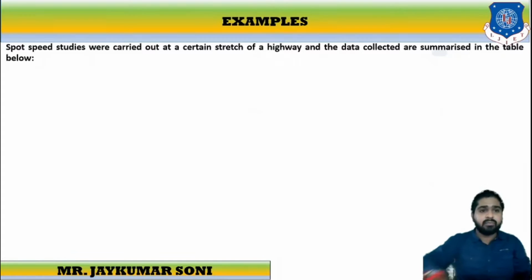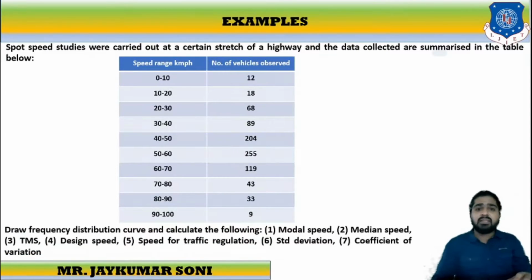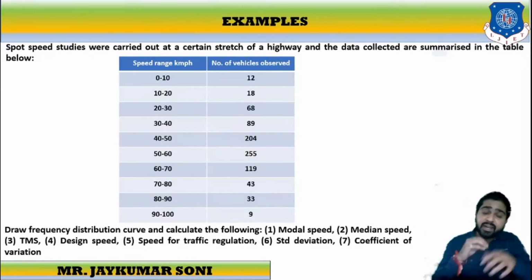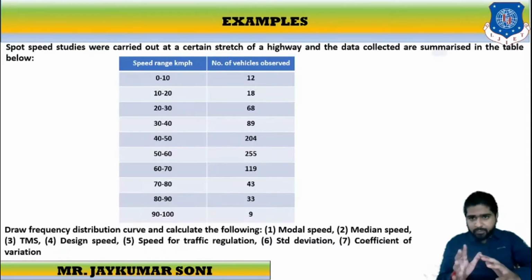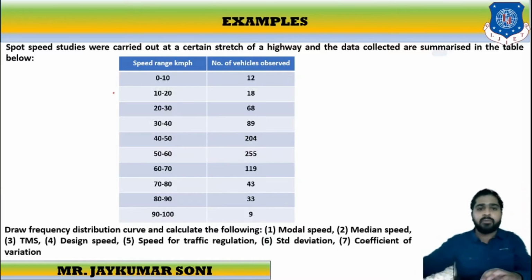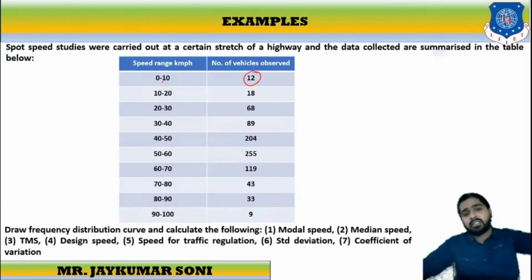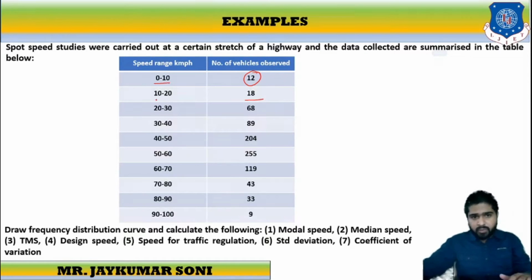Now what I will do is, another problem is given over here: spot speed studies were carried out at a certain stretch of a highway, and the data collected are summarized in the table. We have learned that spot speed study means instantaneous speed calculation. So spot speed studies were carried out at a certain location of a highway, and they have collected the data in the form of speed range and number of vehicles. 12 vehicles were crossing the stretch at a speed of 0 to 10 kmph. 18 vehicles were crossing the section of road at a speed of 10 to 20 kmph, and similarly this is how the